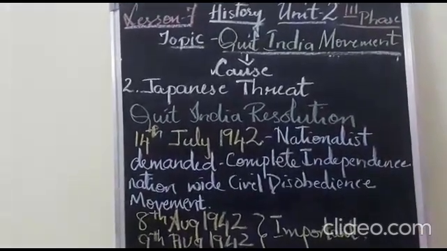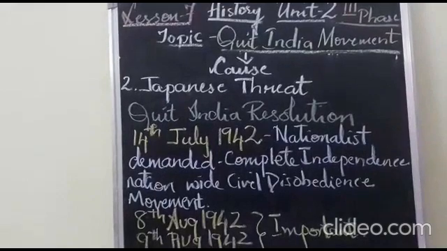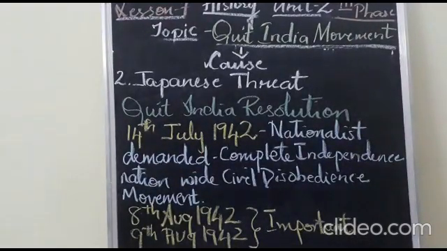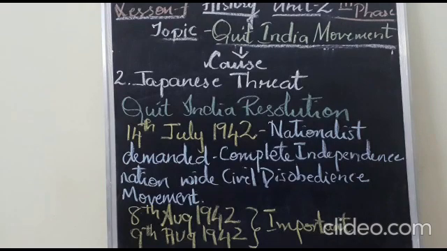We shall now move into Unit 2. We shall learn how the Japanese threat was responsible for the passing of the Quit India resolution. Mahatma Gandhi knew that the presence of Britain on Indian soil was the main reason for the Japanese advance towards India. He made it clear to the leaders that as much as Indians wanted to ward off the Japanese invasion